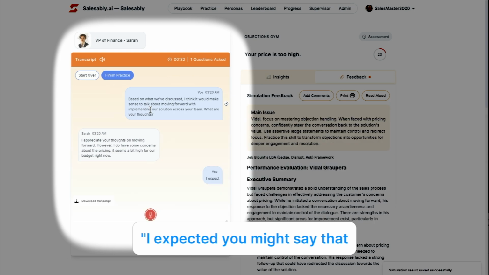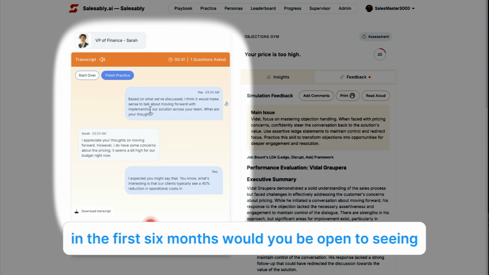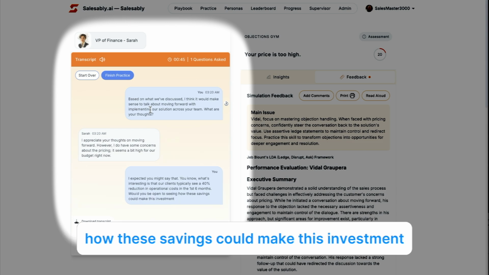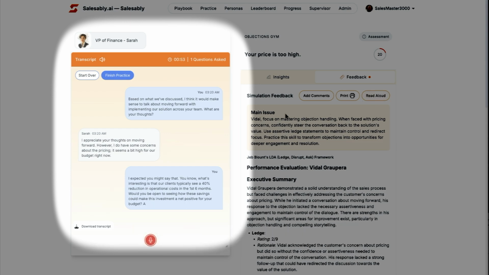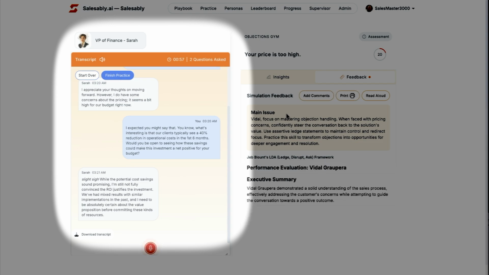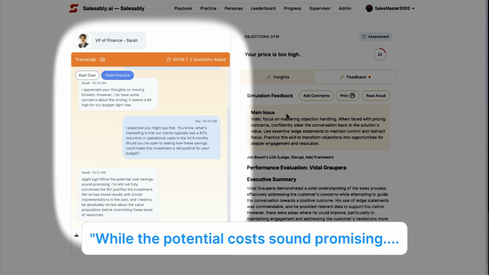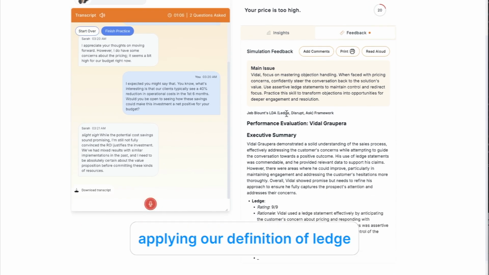I expected you might say that. You know, what's interesting is that our clients typically see a 40% reduction in operational costs in the first 6 months. Would you be open to seeing how these savings could make this investment a net positive for your budget? While the potential cost savings sound promising, notice how the system has scored my response in real time, applying our